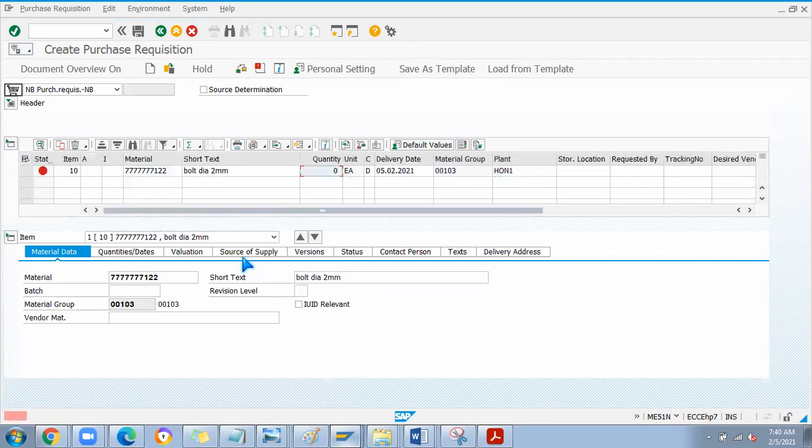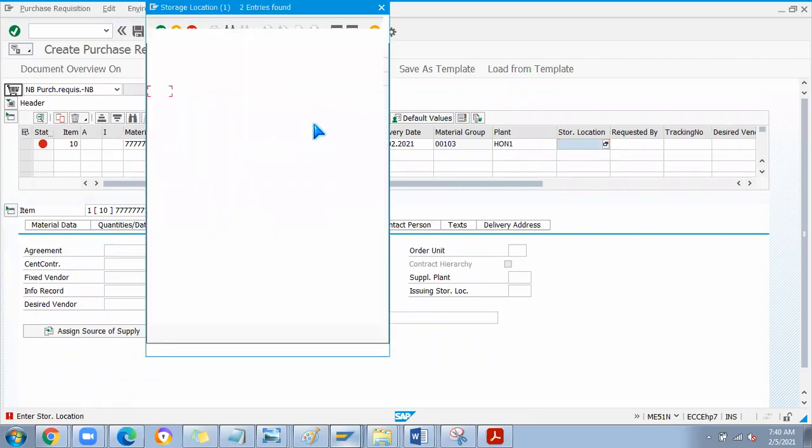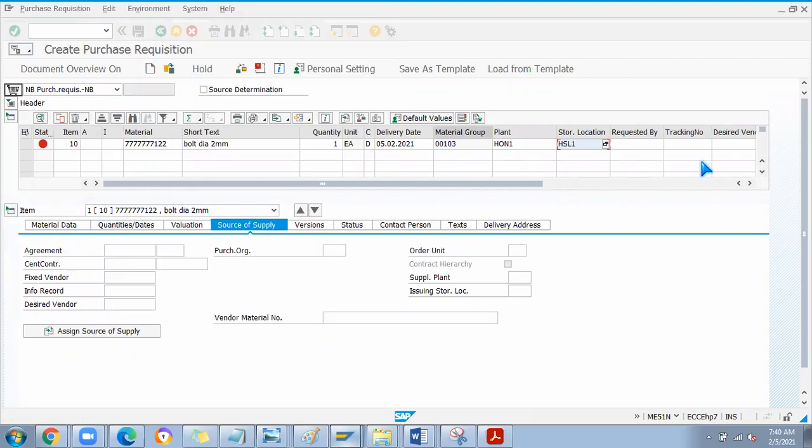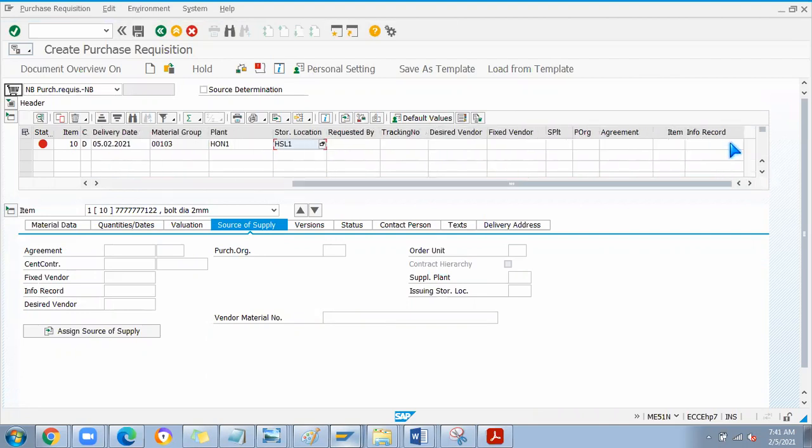Okay, so here I'll enter on number one. Okay, then storage location. Okay, then purchase info record.